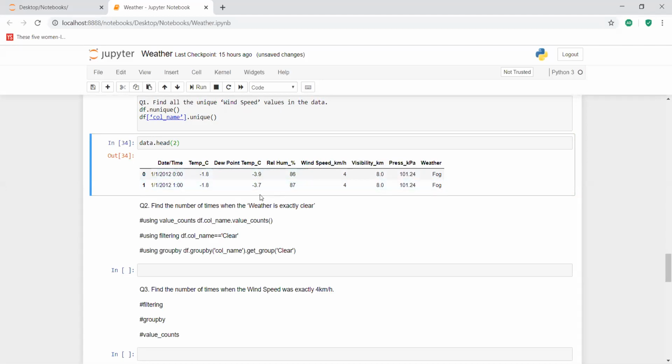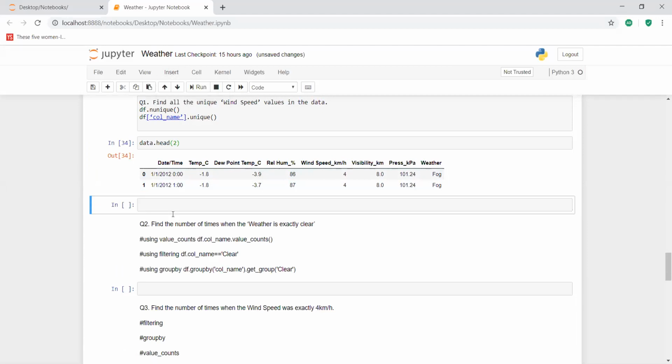For this, as we have discussed earlier, we will have to use the nunique command. The nunique command is going to show the number of unique values. I'm just inserting a cell here. We are going to work with the command now. So data is our object name with which we are referring to the data frame. First you have to refer to the column. So this is your column, wind speed.